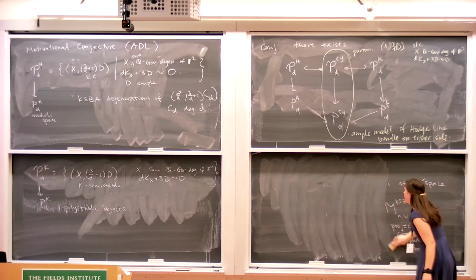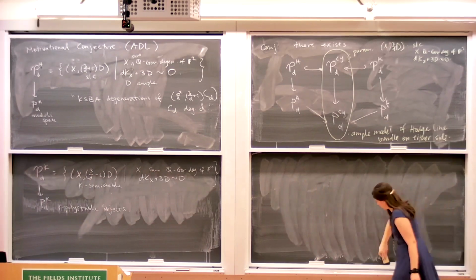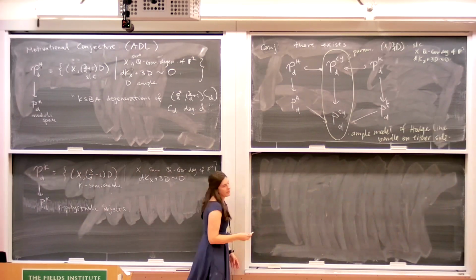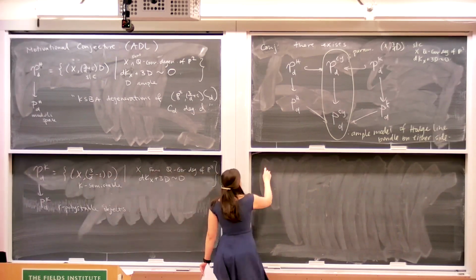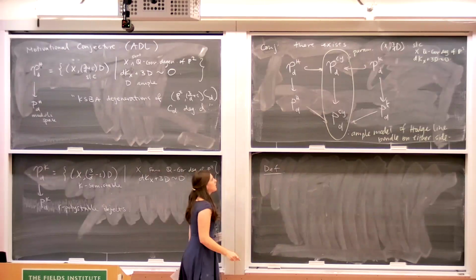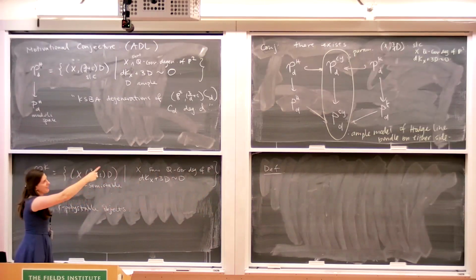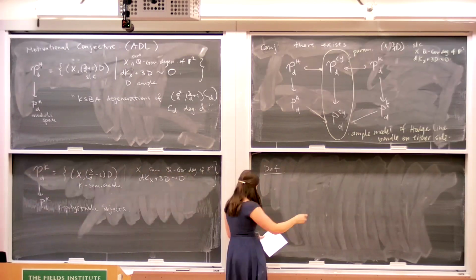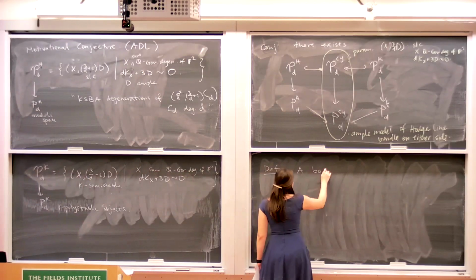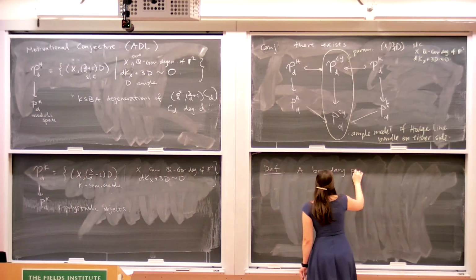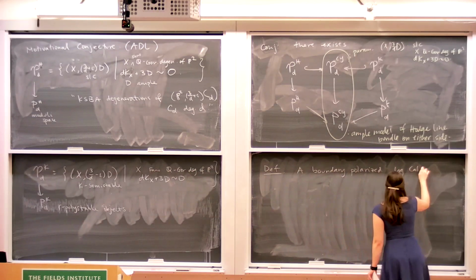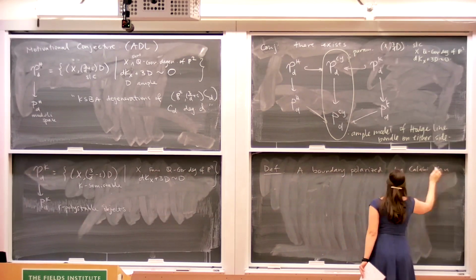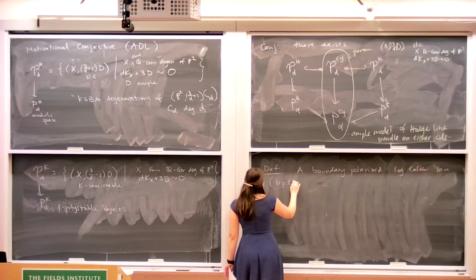And so ultimately it led us to the objects that we are going to study for the rest of the talk, which maybe I should just define. I have examples in my notes. I'll define it first, and then I'll give examples. So the objects that we're going to study in this talk are some analog of this PDCY. We'll call this a boundary polarized log Calabi-Yau, which we will immediately start abbreviating as BPCY,